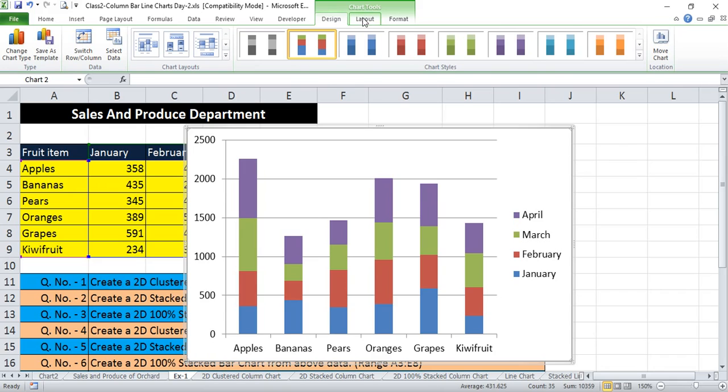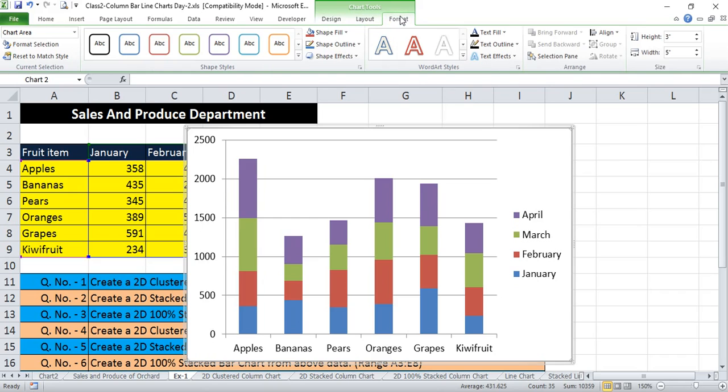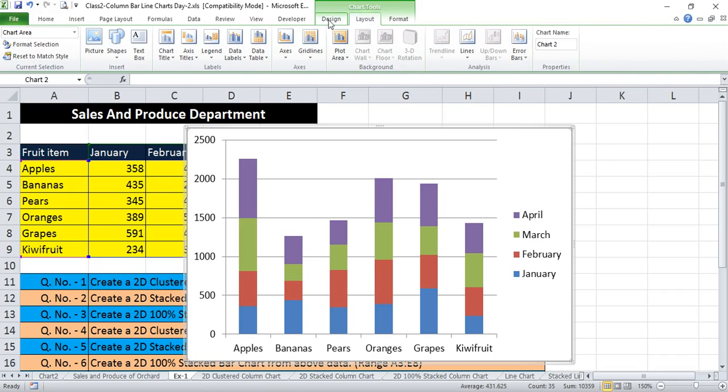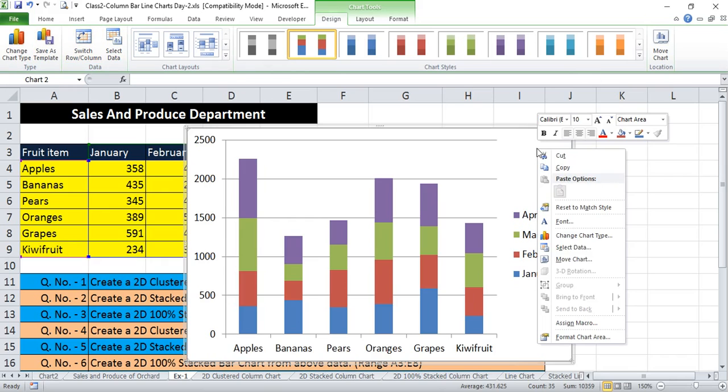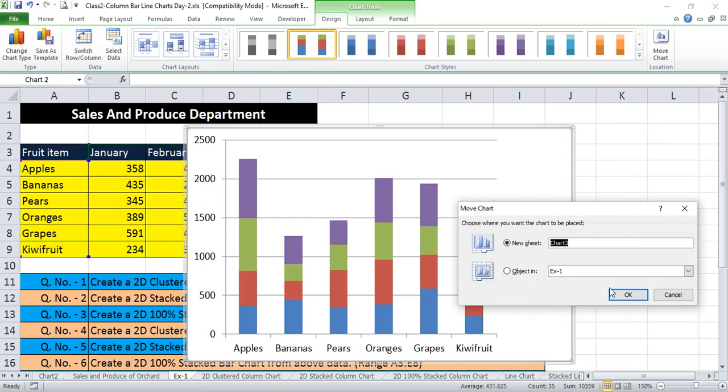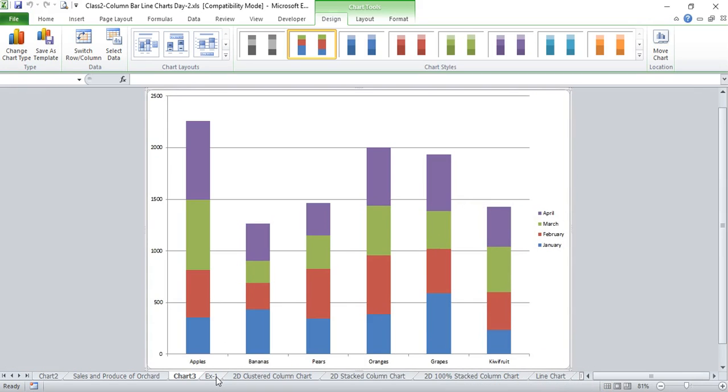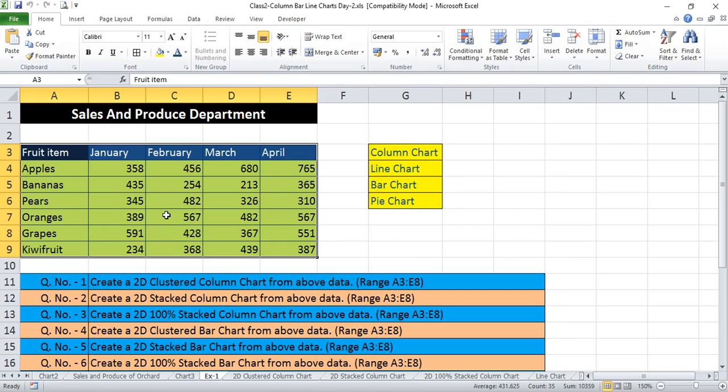Chart tools has appeared similarly at its place, and the options are like that only. Also, you can right click and move this chart to a different place. I am not changing the name this time. I am clicking OK. So again I am going to exercise 1, and here